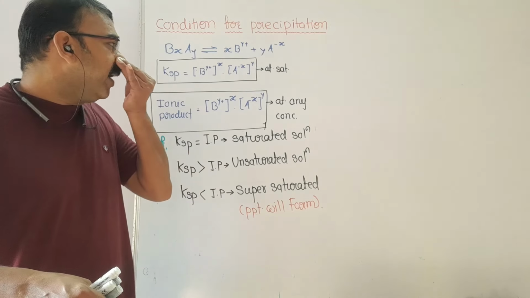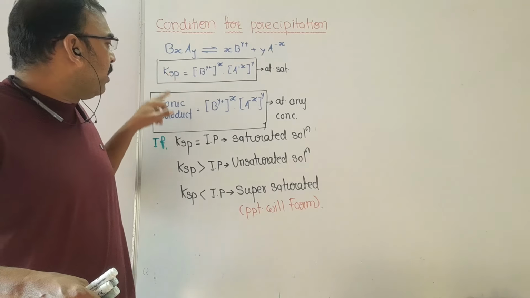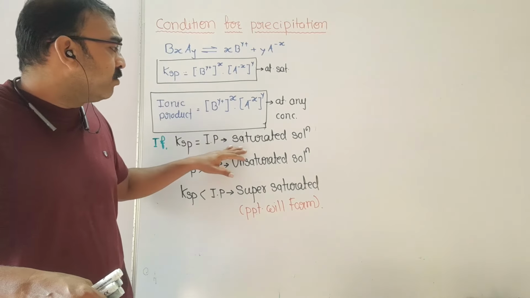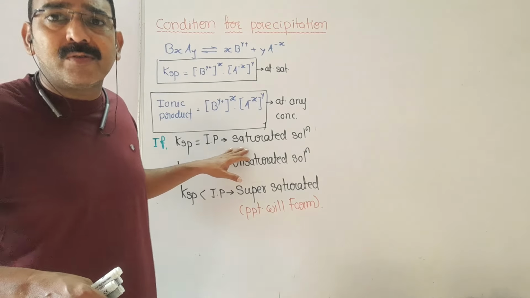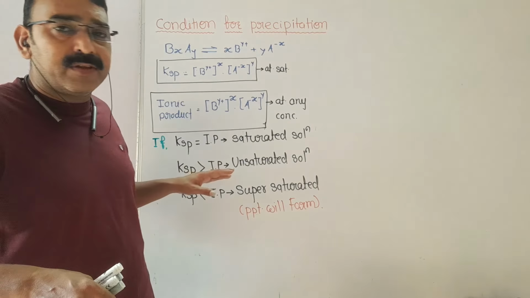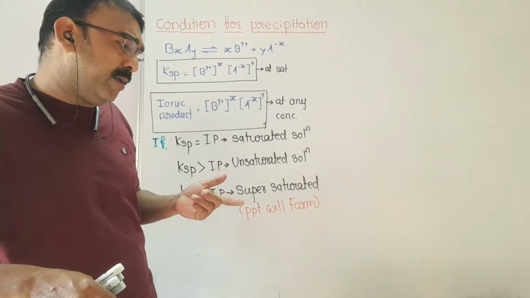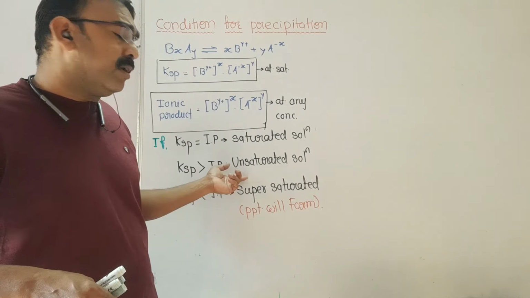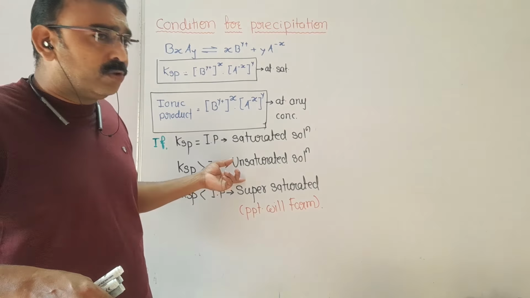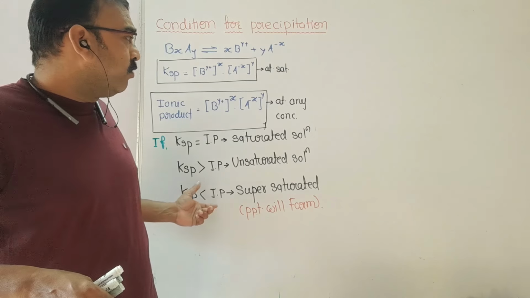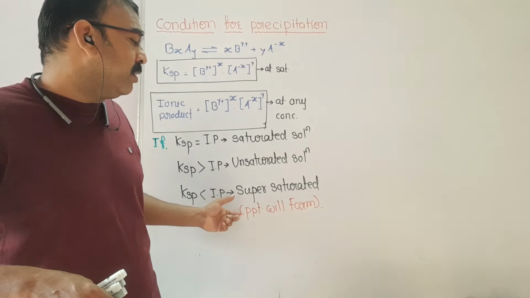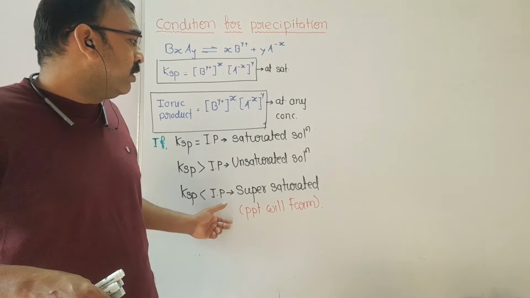So, if we compare them, if the solubility product and ionic product are the same, that means at saturated state both are the same, then it is not a condition for precipitate. That means precipitate will not form in that solution. Whereas if the solubility product is more than the ionic product, again the solution becomes unsaturated and there is no precipitation. Whereas if for the solution the ionic product is found greater than the solubility product, then and only then the precipitate will form. So these are the three conditions.